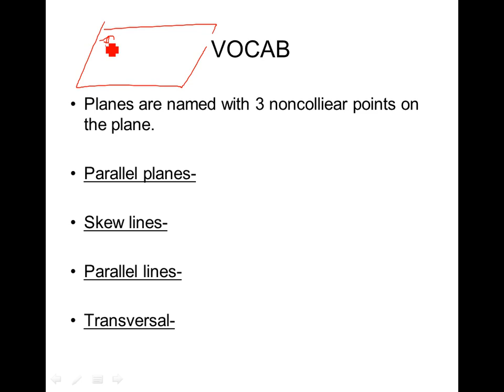or plane T or whatever. And a lot of times those cursive letters, I never could figure out, because they like to use F and T and I couldn't figure out which one was an F, which one was a T. So this is another way to name a plane. If you're given points that fall on that plane,